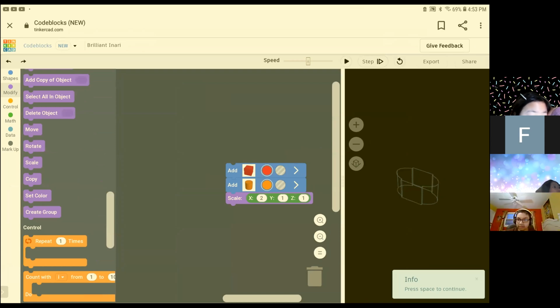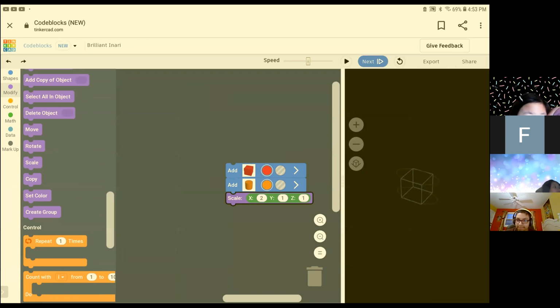Okay. Wow. That is new. I've never seen that before. Can you try maybe restarting your browser?